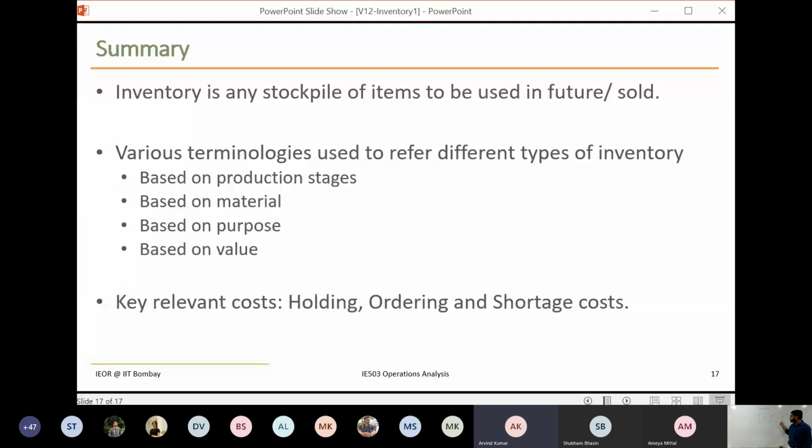So manufacturer needs to account for that material that is in transit before he orders. In case something happens, then he has to figure out. So that's why we want to keep it in transit. So this goods in transit is also called as pipeline inventory. Pipeline need not mean a physical pipeline. It's a conceptual pipeline.